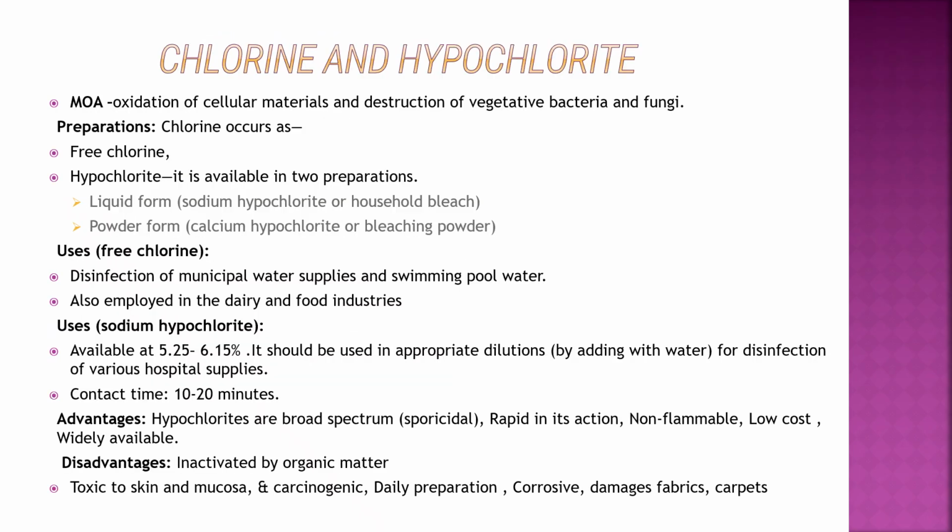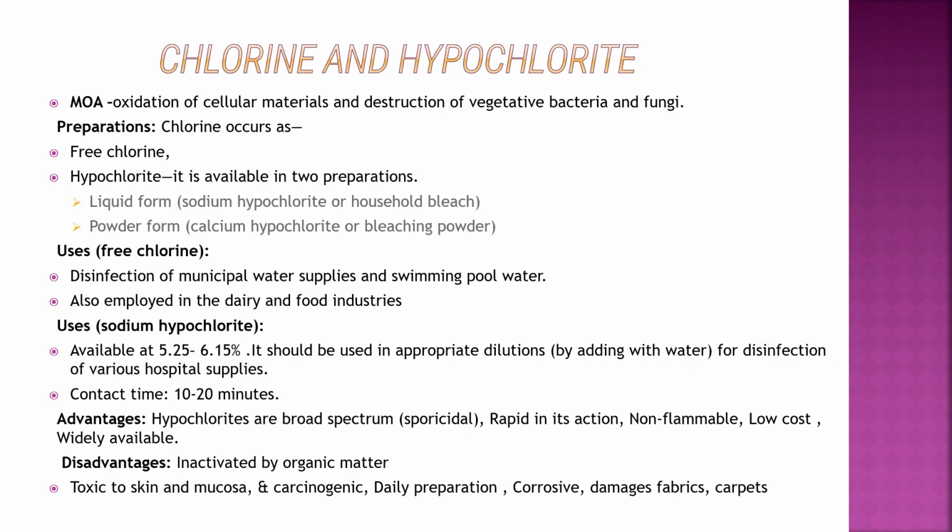So next is the chlorine and hypochlorite. Mechanism of action is the oxidation of cellular materials and destruction of the vegetative bacteria and fungi. There are two preparations: free chlorine and hypochlorite. Hypochlorite is available in liquid form, that is sodium hypochlorite or household bleach, and powder form, calcium hypochlorite or bleaching powder. Uses of the free chlorine: disinfection of municipal water supplies and swimming pool water, also in the